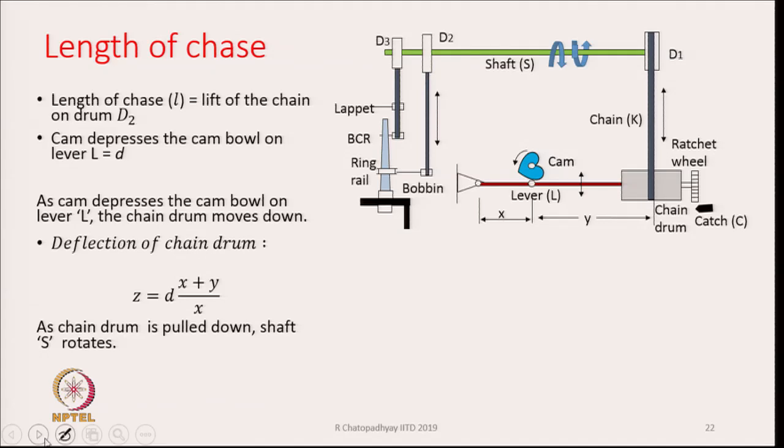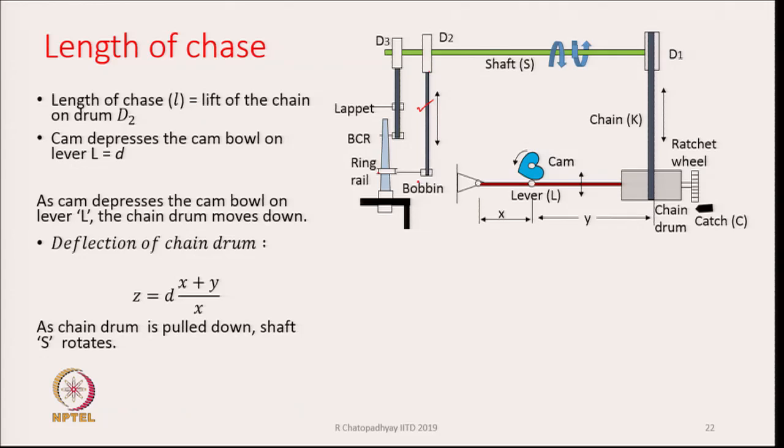length. Length of chase, small l, is going to be basically the lift of the chain on drum D2. Whatever is the lift of the chain on drum D2, that is connected to the ring rail. Ring rail will also move the same amount. So, basically I need to know what is the lift of the chain on drum D2 because of the rotation